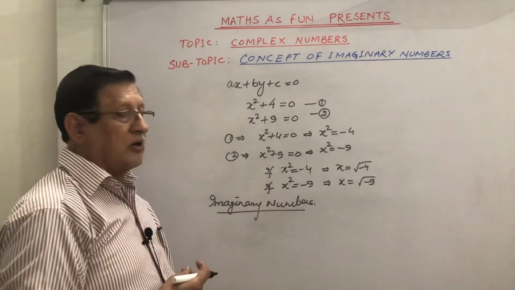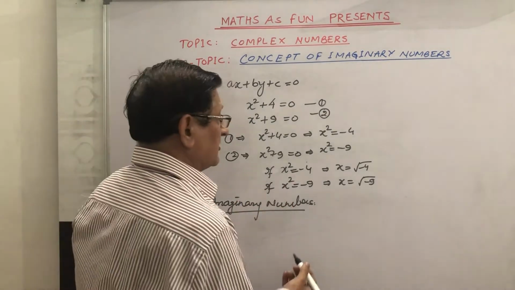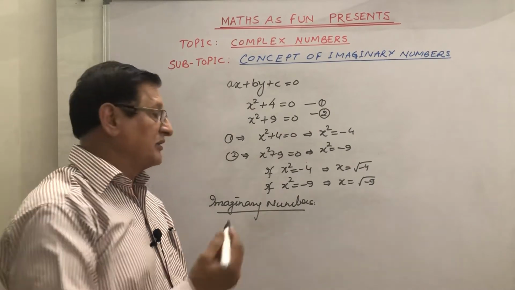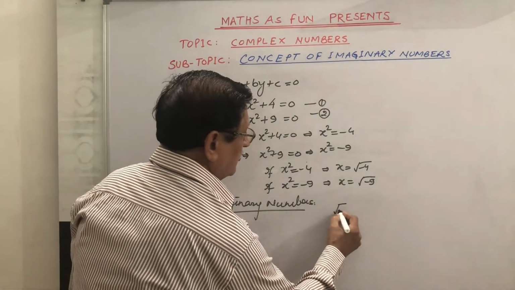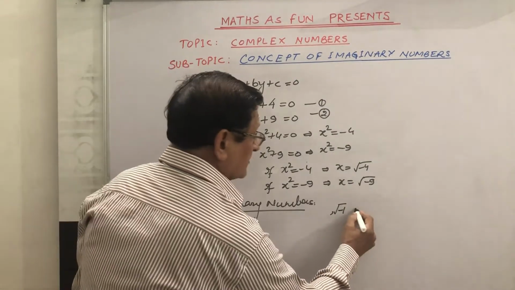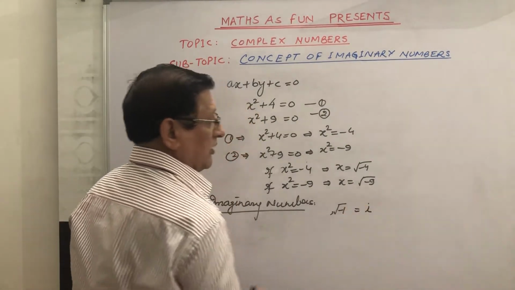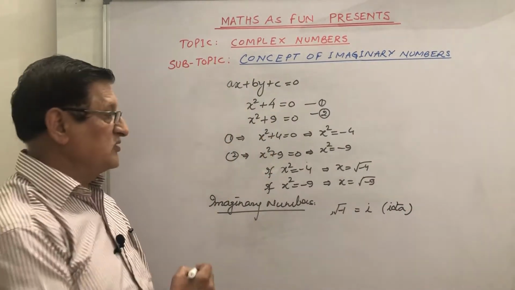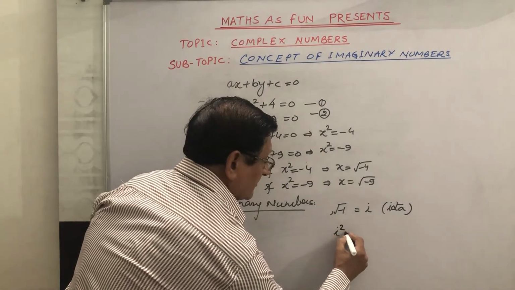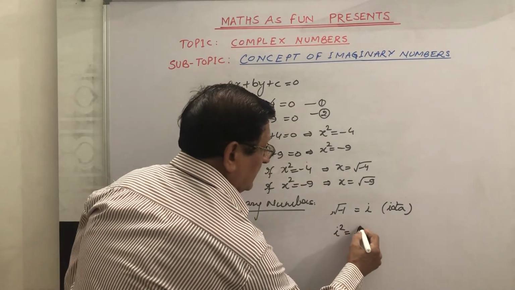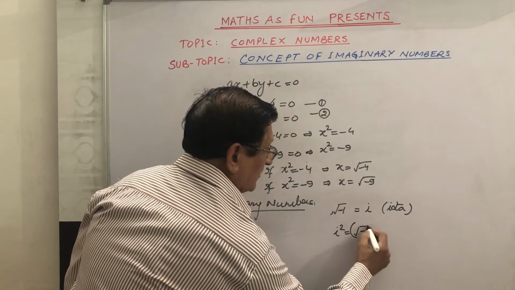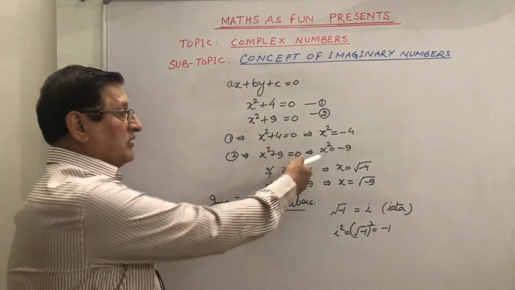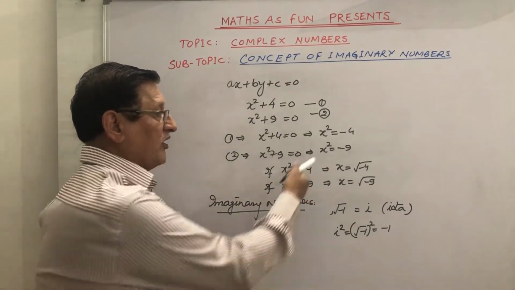Actually, when we talk about imaginary numbers, we say that the square root of all negative numbers are imaginary numbers, and the smallest of them is considered as root of minus 1, which is represented by iota. We call it iota. Read it like that, iota. It means that if we square it, the square of iota will be minus 1, and hence, in these cases, we can write their values.